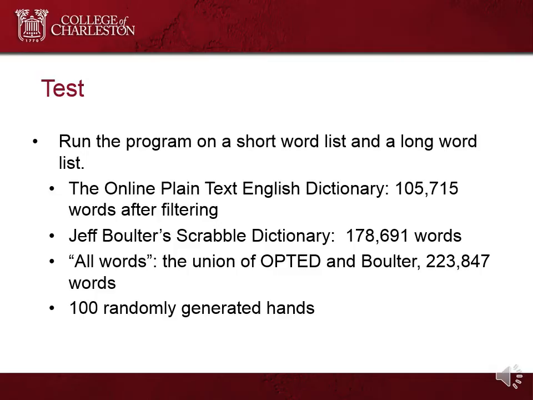This list was one file and appeared to only have unique entries, so I did not process it in any way. After running my test with these two word lists, I decided to try it on an even longer word list, the set of all unique words, or the union of the OPTED and Bolter's word list. This list had about 223,000 words. I was surprised by how long that list was because it indicated that many words weren't shared between the OPTED